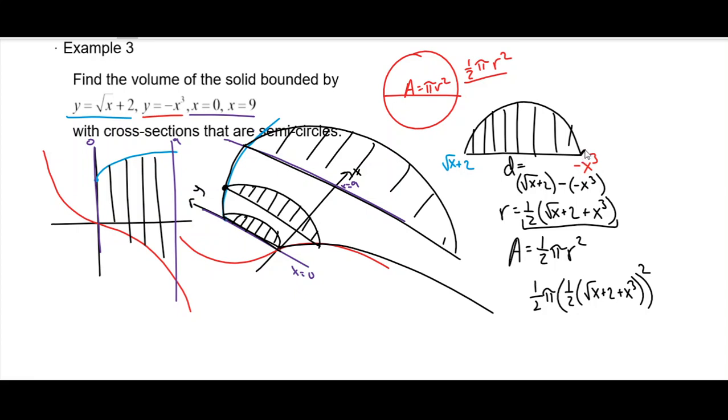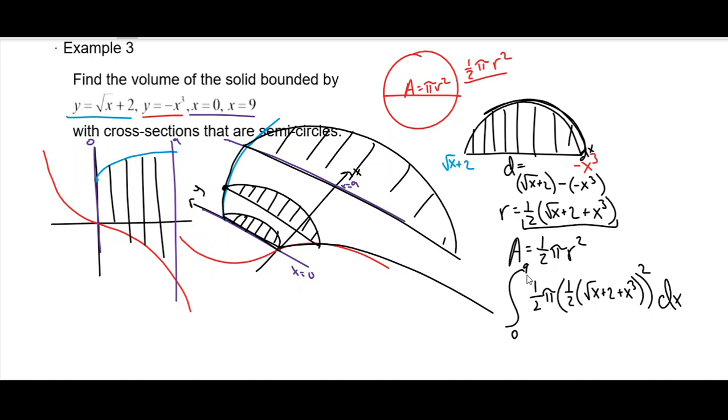And each of these are going to have a thickness of about dx, let's say. A small thickness there. And when we multiply by that thickness, that will turn this area into a volume of this chunk that's in between 0 to 9. And if I'm looking for the total volume from 0 to 9, all I have to do then is just integrate this thing, just like we've done in the previous problems, from 0 to 9. And that is it. That would help us calculate the volume of this solid that has cross sections that are